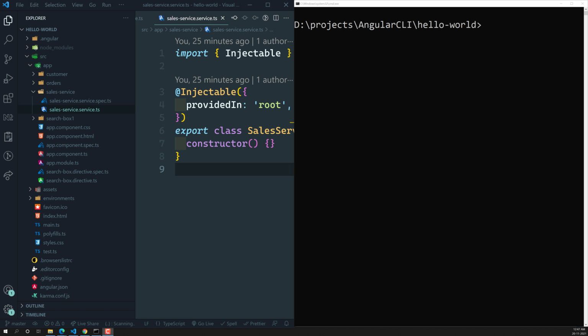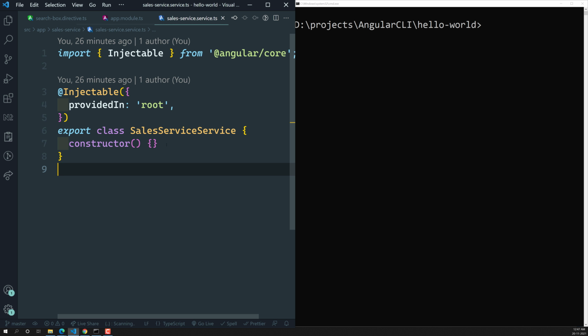In this video we will see how to create the class, interface and enum using the Angular CLI. Not only the Angular files, we can also create the TypeScript features, something like classes, interfaces, enums, whatever TypeScript features are available. So we can also create those types of files using these Angular CLI commands. So let's try to see it.